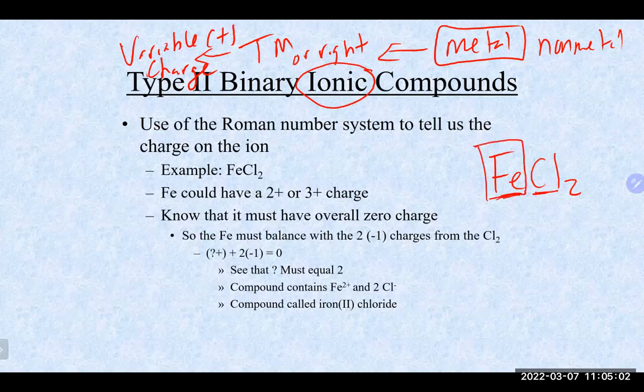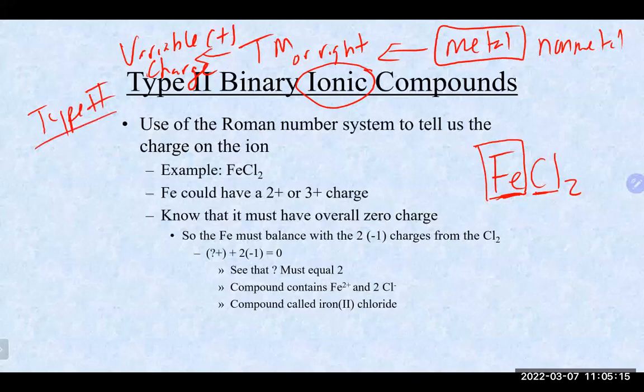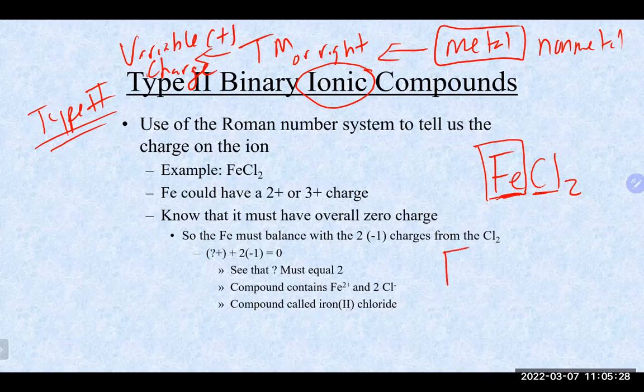And when we look at the metal, it is iron, which is dead center in the transition metal region at number 26 up there. And because of that, that's a signal to you that you are dealing with a type 2 compound. What that means is that iron could have multiple types of charges depending on the situation. So what you need to do is basically figure out what is the charge on the iron. The good news is, in a type 2 situation, you will always know what the charge is on the